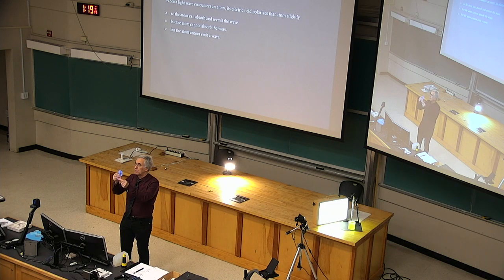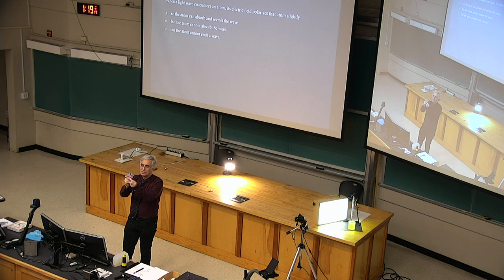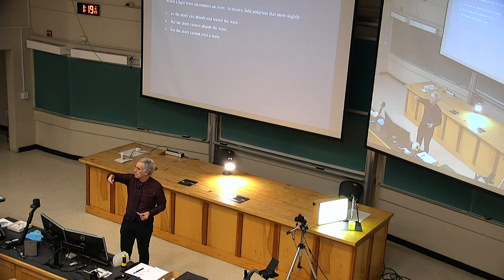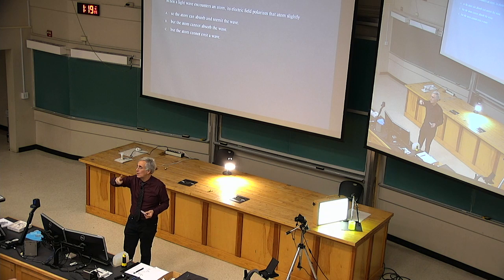So the atom, when it's sitting there all by itself, basically has some negative charge and some positive charge. The negative charge is centered pretty well on the positive charge, so for an atom there's no net electric polarization. It's not like they're separated. But if an electric field comes along and pushes on this thing, it'll pull the charges apart a little bit. And if the electric field reverses, it'll pull them the other way and back and forth. So the atom itself is becoming a polarized object with positive and negative charges that are flipping up and down as the wave goes by, in sync with the wave.